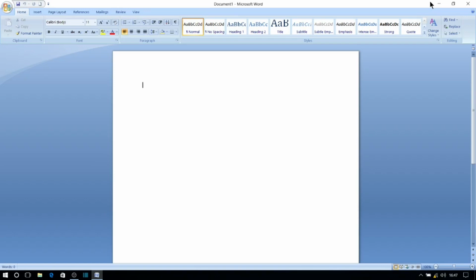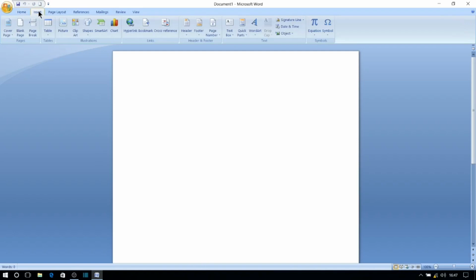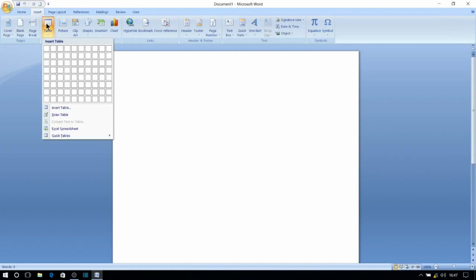In this video, we are going to see how to draw a table in a Word document. After opening a Word document, you go to the main menu and go to the Insert option. Just click on it, you will find a table icon. Just click on it, you will see a drop-down box carrying four choices to draw different types of tables using different tools. Let us select the first tool, Insert Table option.